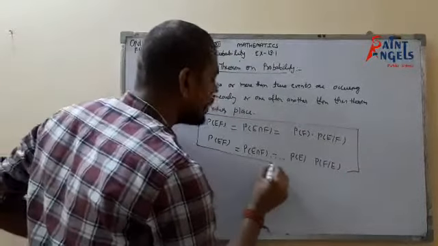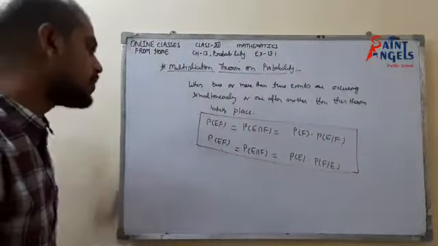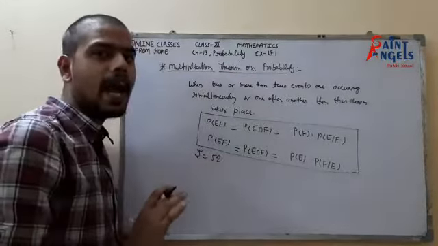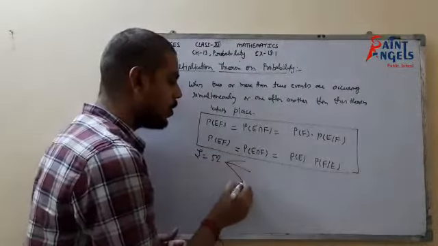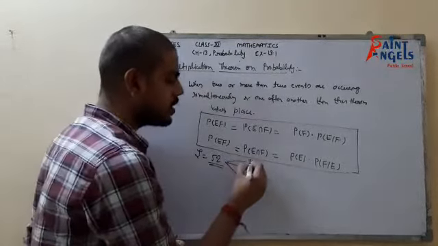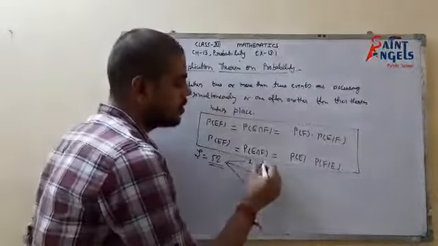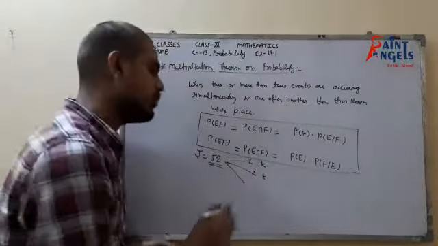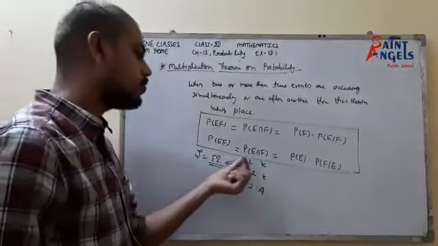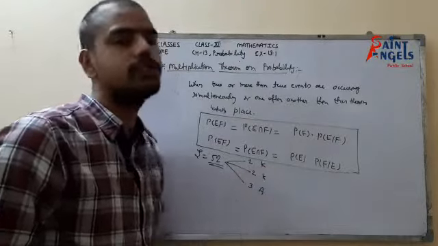Now we'll take an example and you will see how simple this statement is. We have already studied this. Suppose we have 52 cards. We have sample space of 52 cards, and I have to draw 3 cards out of these 52 cards. The conditions are that the first and second card should be a king, and the third card should be an ace. That is the condition: 3 cards in which the first 2 should be kings and the third one should be an ace.